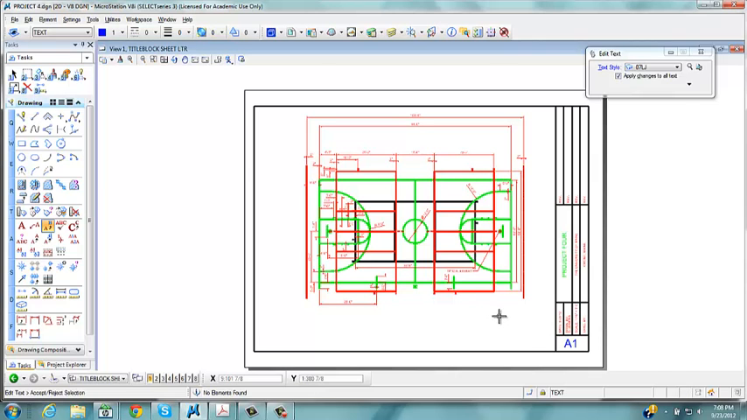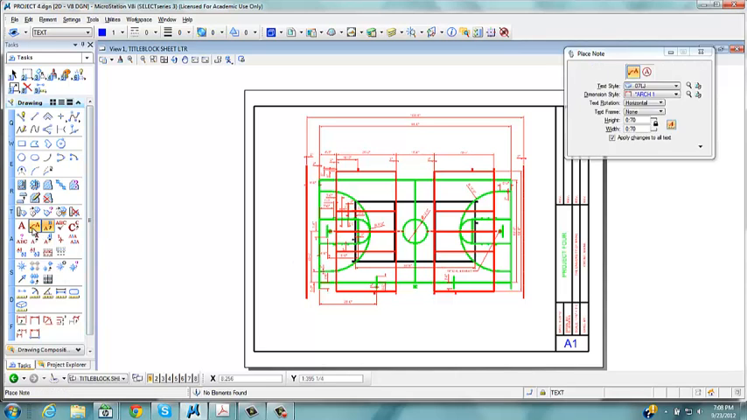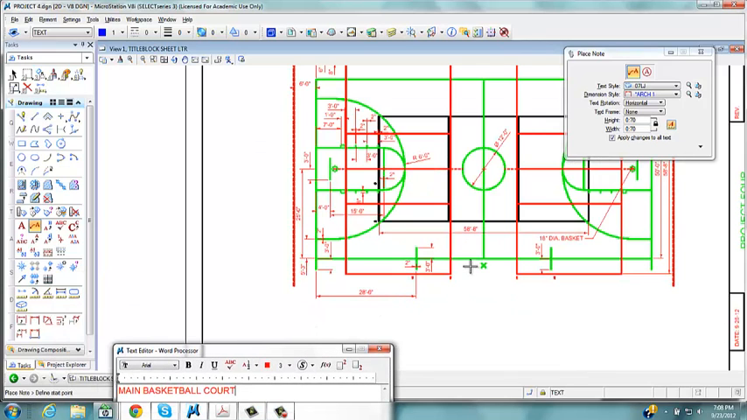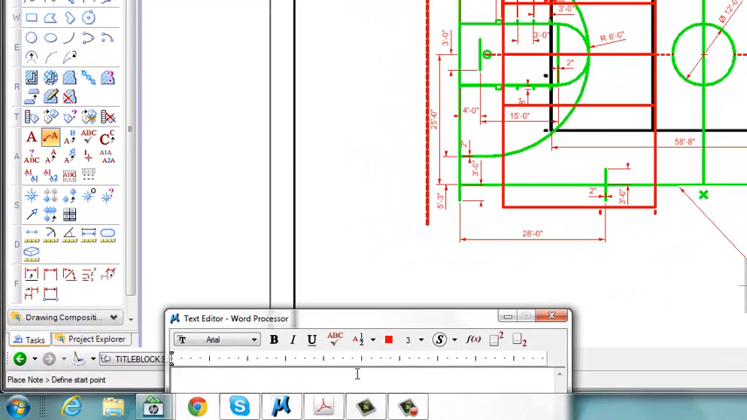We've got some title work to do here. We'll just place some notes on this. This first note will be main basketball court. We'll identify that right here. We'll type in scorer's mark